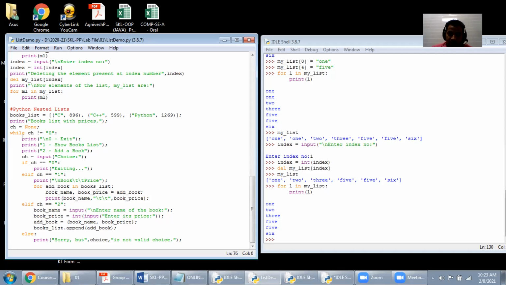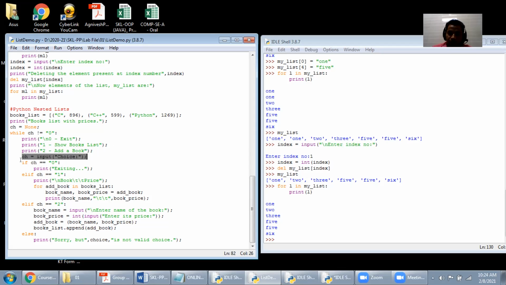Then while ch, while statement, here we are using the same as previous one of Java. But there, here you have to use colon instead of brackets. While ch not equal to 0, until it gives 0 you have to continuously perform it. Why 0? Because we are considering 0 as exit. Otherwise we are giving the menu to them: print 1 to show the book, then once you press 2 it will add a book, right? So first we take the choice from the user, input choice is to be taken.